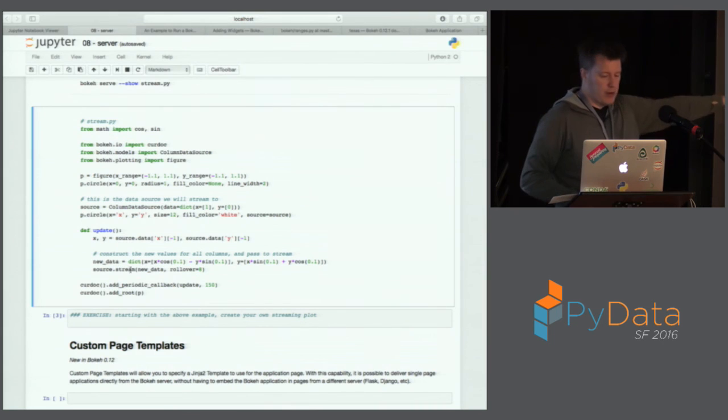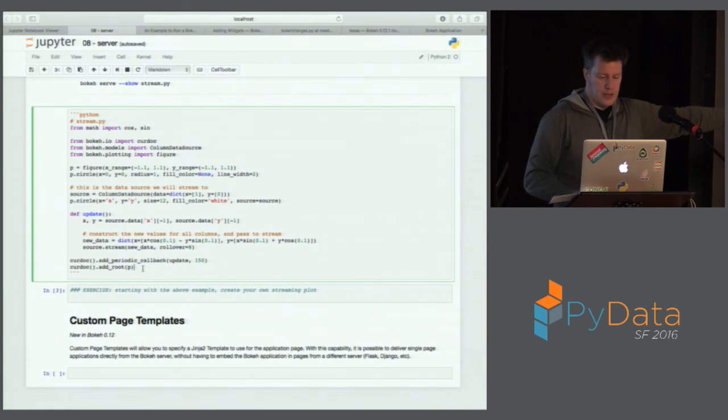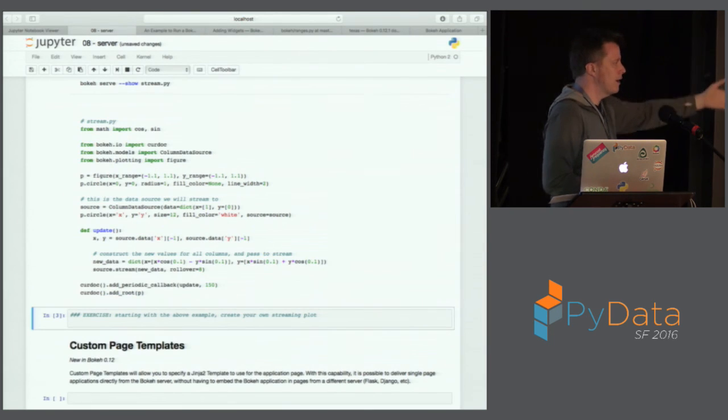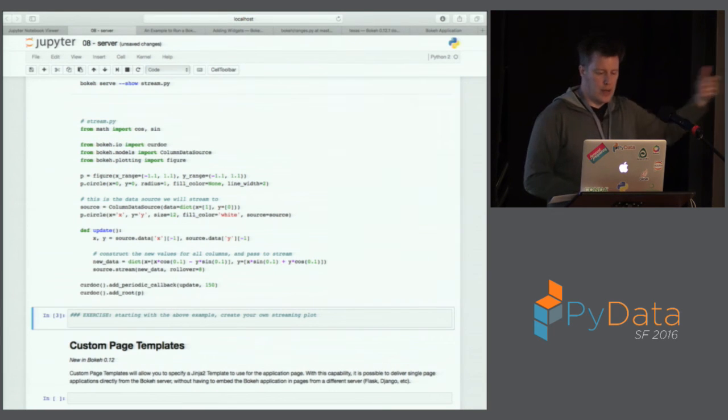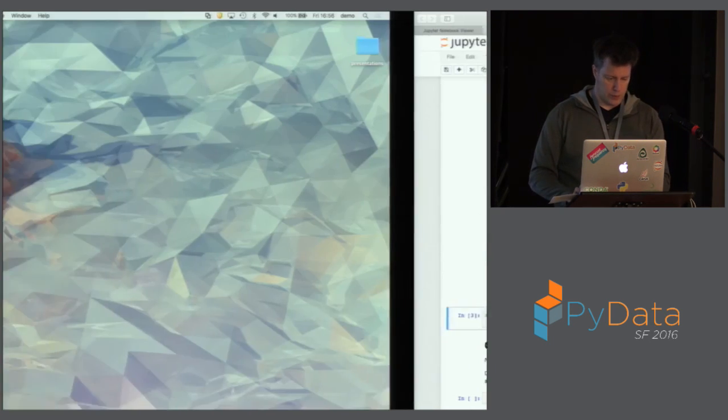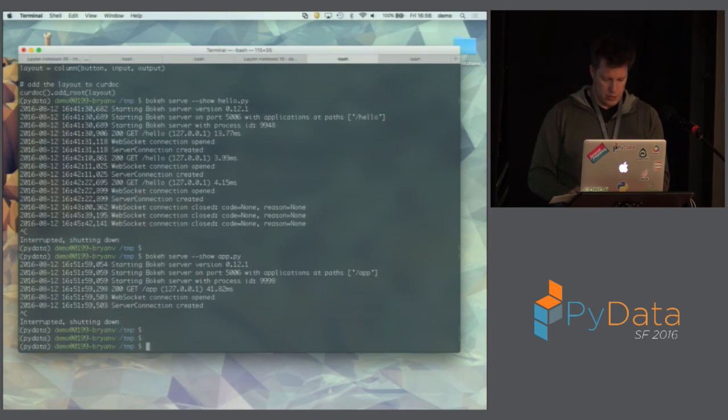The last thing I want to mention, though, is I create something called a periodic callback here. So in addition to callbacks based on models changing, you can add things like periodic callbacks. In this case, I want something to run every 150 milliseconds on the server, and so that's what's going to happen. So let's take a look at what it does, and then I think it'll make more sense to talk about the code. So if I call stream.py,